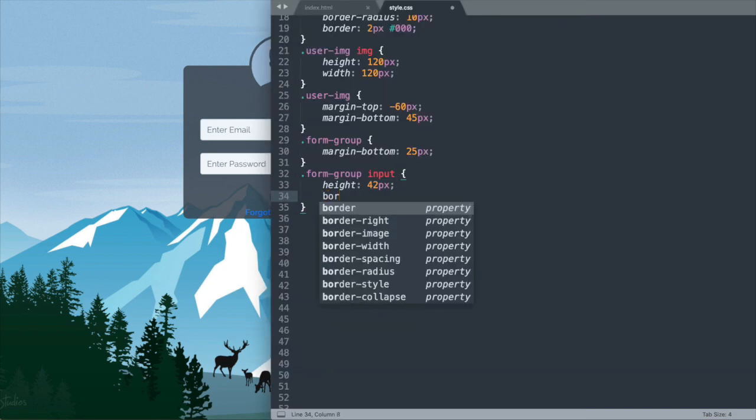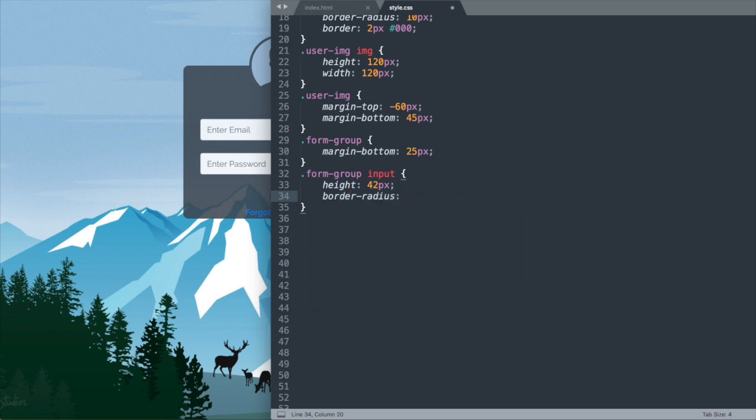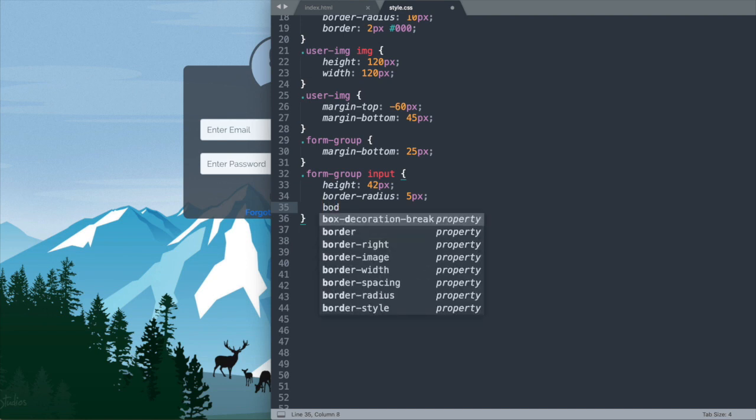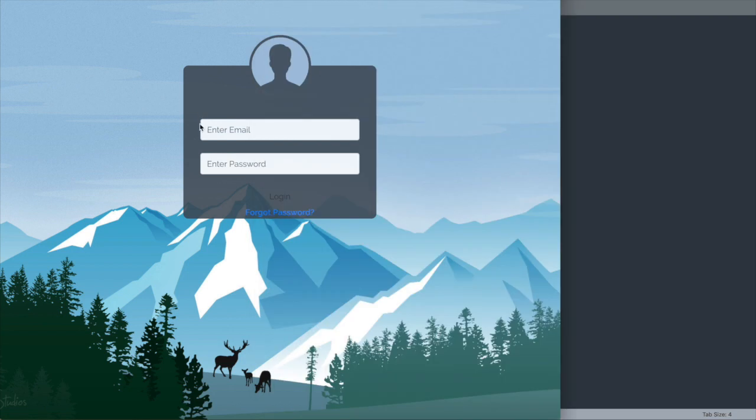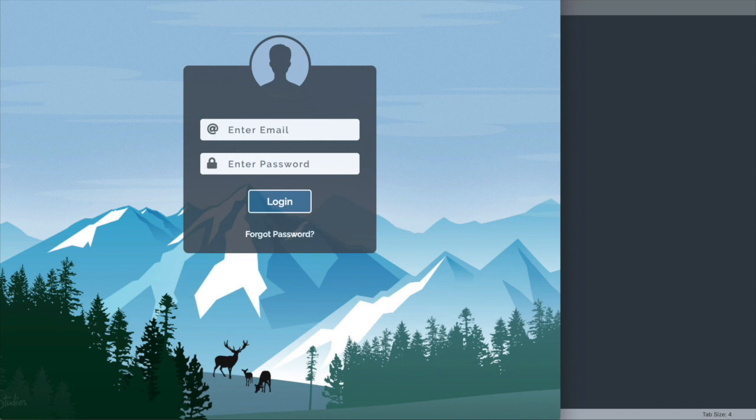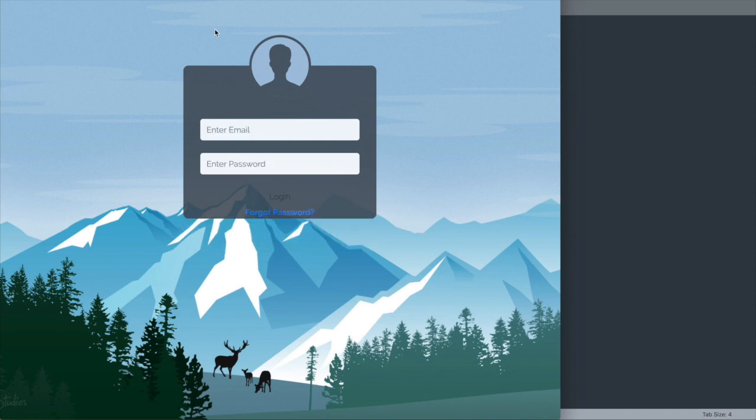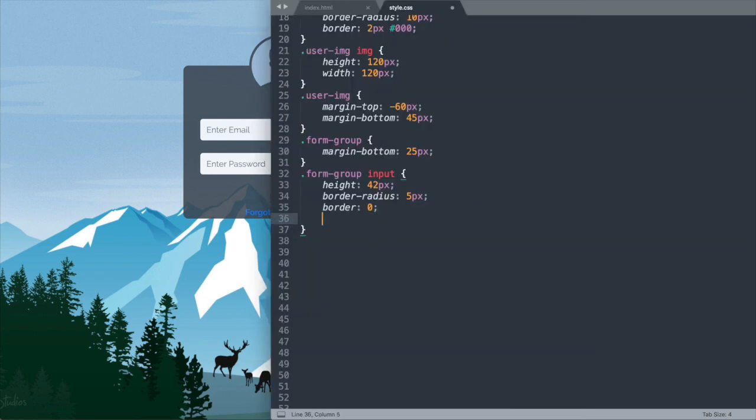So we're going to say border radius 5 pixels, which is half that of the modal content. And then let's say border 0 to make sure that it's clear and has sort of a hard line for the border with changing the